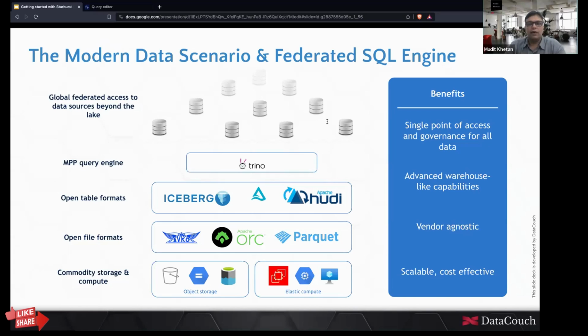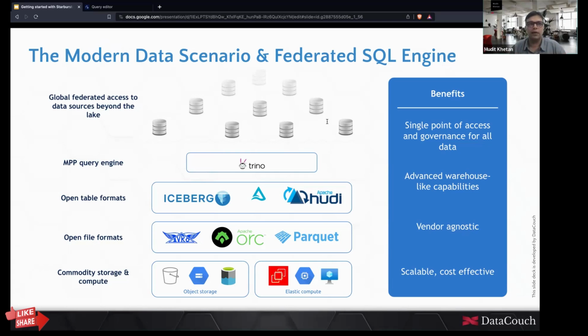So you have, in the form of Trino, a massively parallel processing query engine. And this MPP query engine, Trino, allows you to run federated queries. When I say federated queries, it basically means a query can be divided across multiple data sources. As a user of this engine, as a developer, I see only one single system. I do not see multiple things.